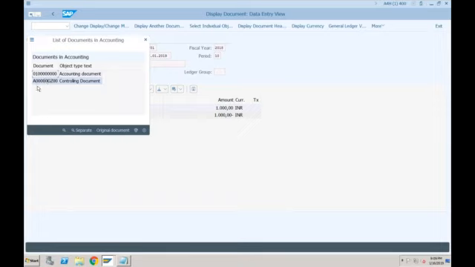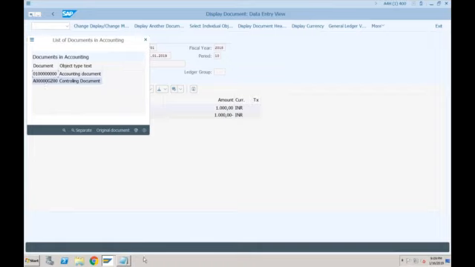Controlling number, if you see, this is a statistical number. Dummy number. Why is it a dummy number? The reason is this one document number is enough for accounting and controlling now. You don't need a separate document for accounting and a separate document for controlling. In ECC, the accounting document was different, the controlling document was different. But now, since both of them are merged, the accounting document and controlling document are the same document, this one. This is just for statistical purposes.